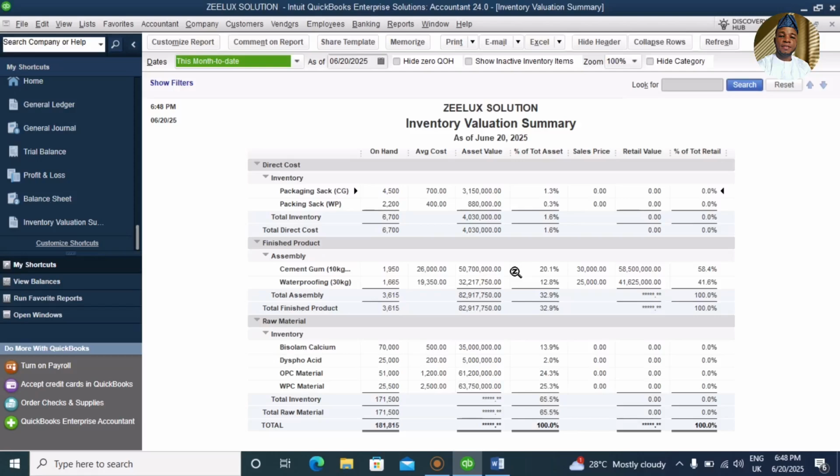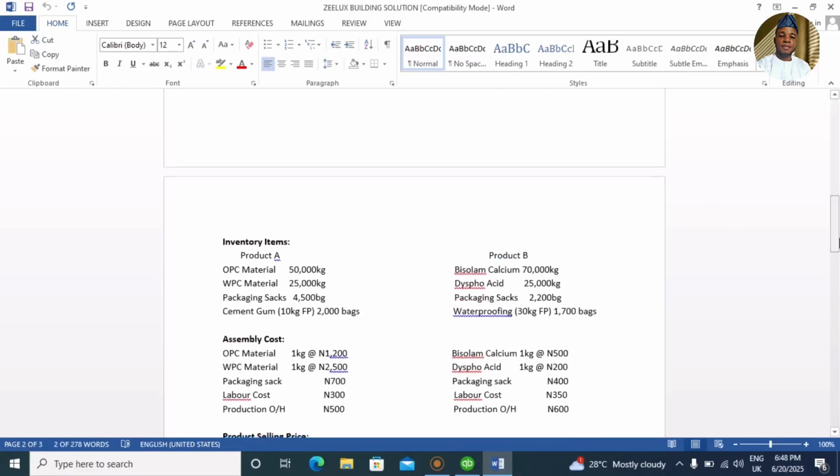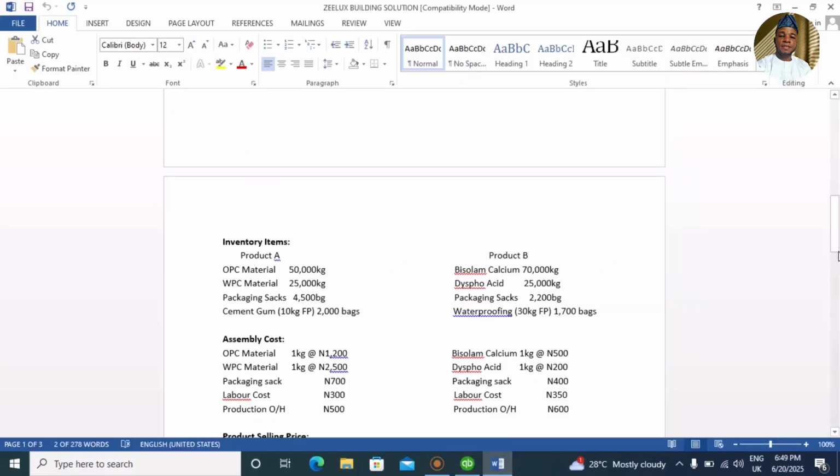So now we've already counted the number of goods in the hands of our debtor, to these 2,000 bags of cement gum. So now, when we inputted our debtors, and then when we look at the question, it says that